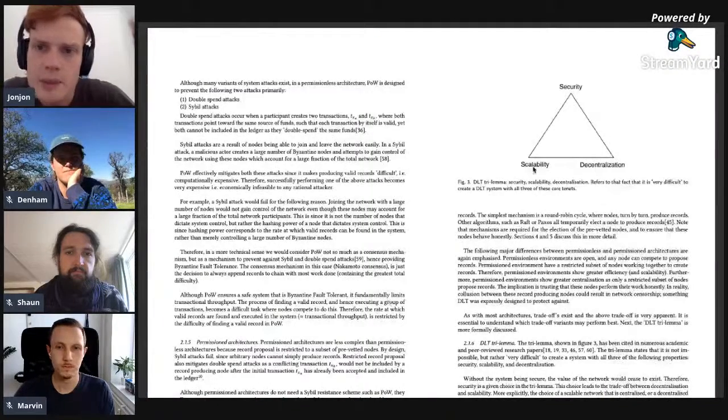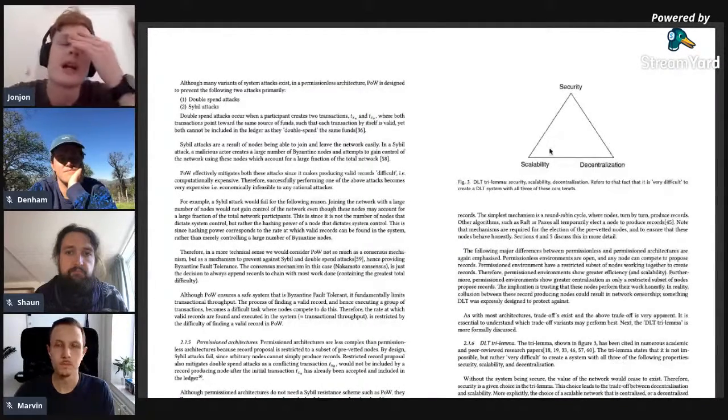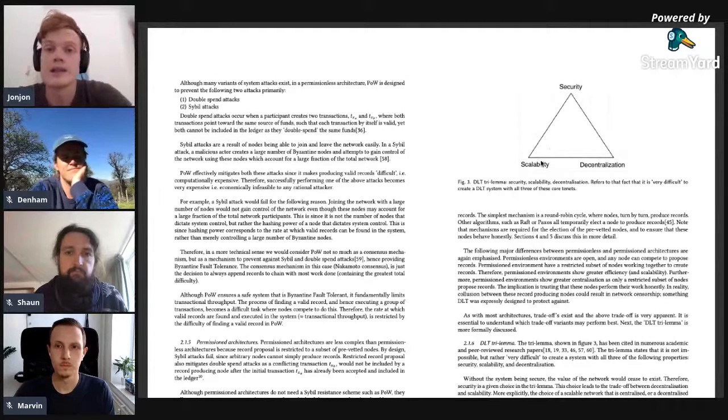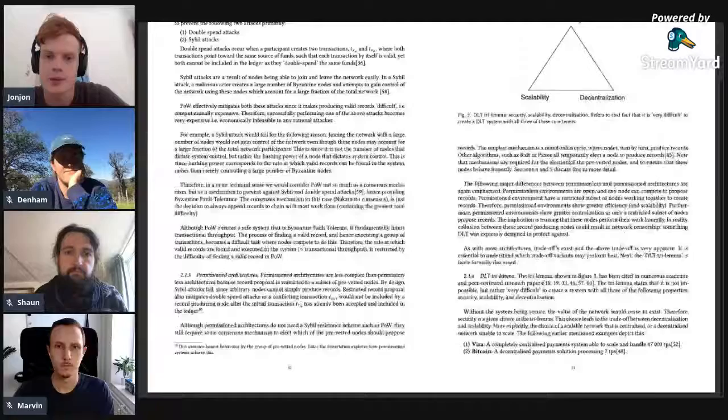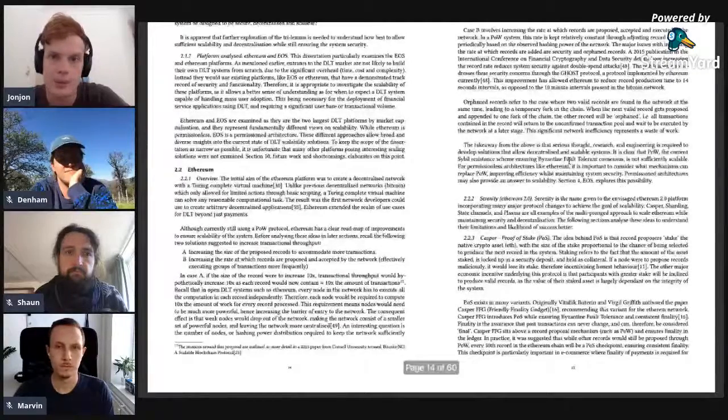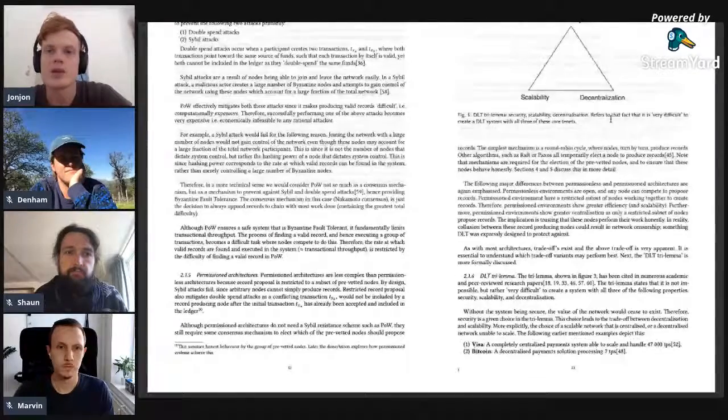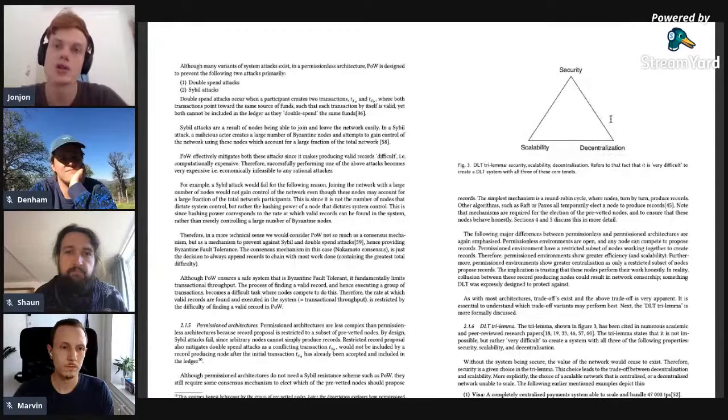But basically what people talk about is this trilemma in distributed ledger technology, where there's scalability, decentralization, and security: choose two of them. I won't go into why this is the case. You can read this paper if you want to. I actually wrote this paper. It talks about these and the trade-offs people take in this triangle. The trade-off Ethereum goes for is that it's very secure and decentralized, but not so scalable,